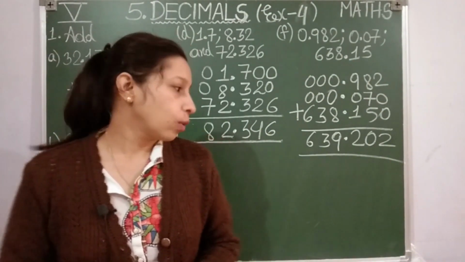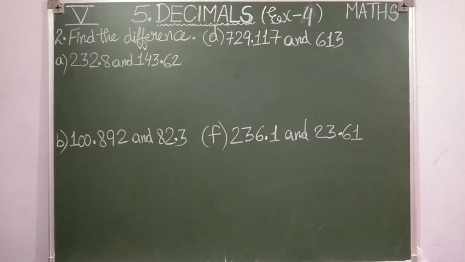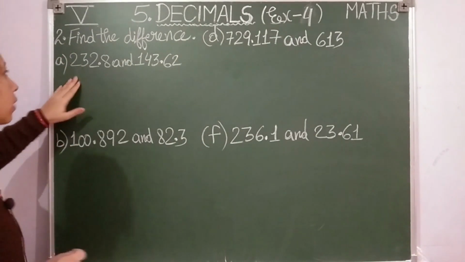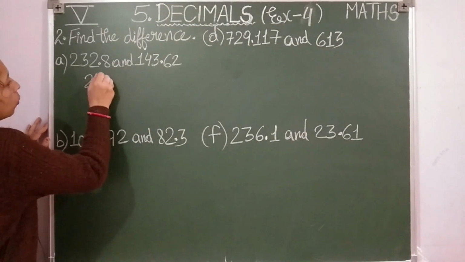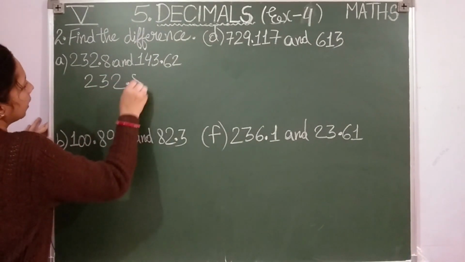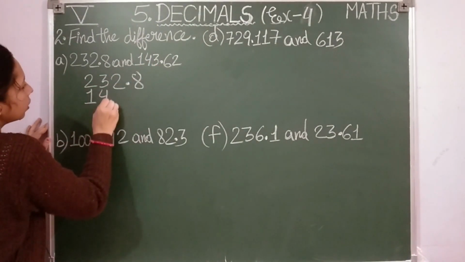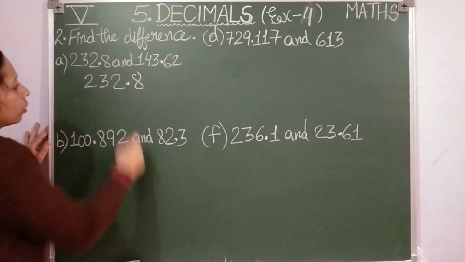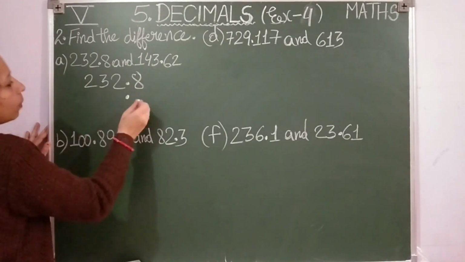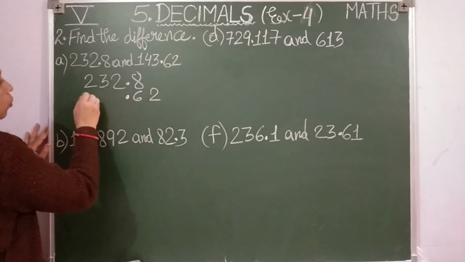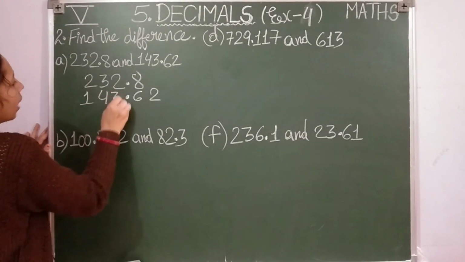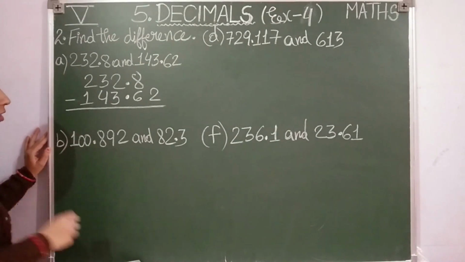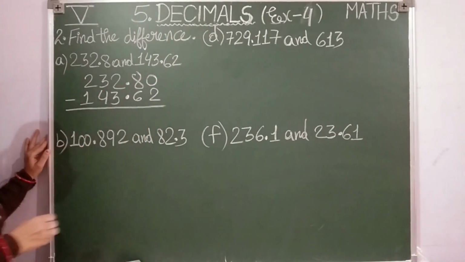Now we are going to start question number 2, students. So students, question number 2, find the difference. Again values are given to us. Let us write 232.8. Second number 143. Okay, what I told you, for writing the second number, put point first. Same thing we'll use here. I have put the point, then I will place the values. 62143. Now you can see here that the first number is unlike decimal. For making it into like decimal, I have written 0 here.